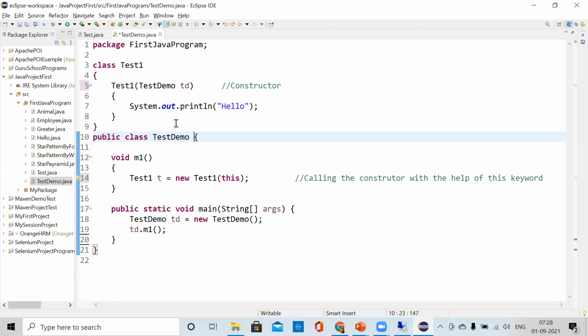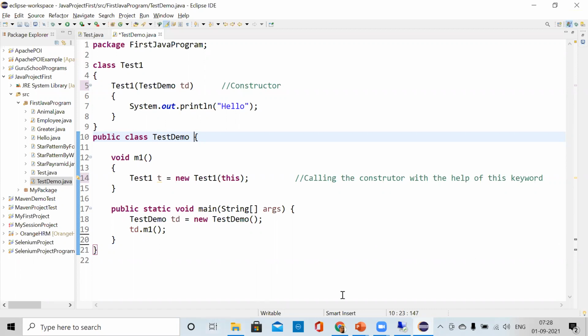If you want to know about the super keyword in detail, like we have done for the this keyword, then after inheritance we can learn about it. Super keyword is generally used when there is a parent class and a child class, and both have a method with the same name.